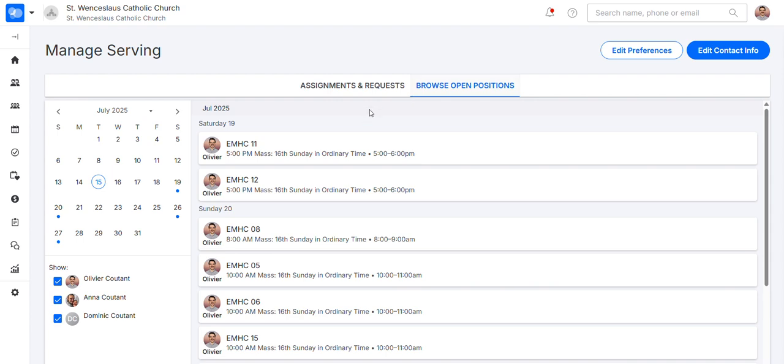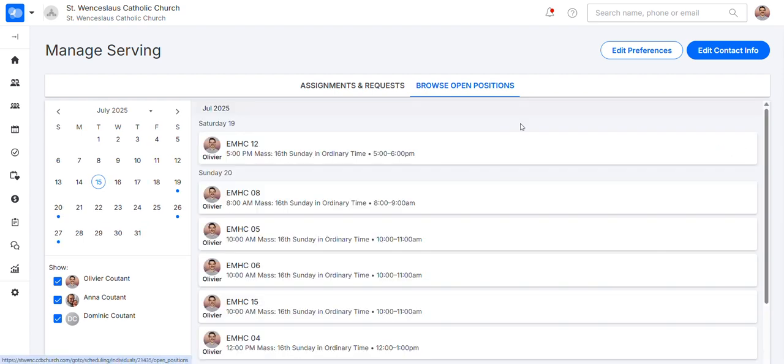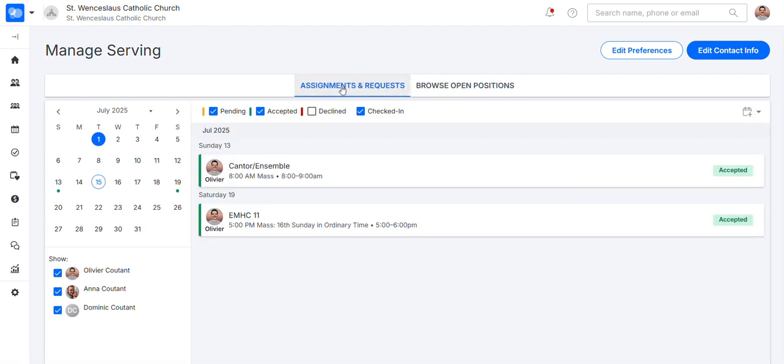And then if I go to the Browse Open Positions tab, that's exactly what it says. It's all the open positions that are available. And say for Saturday the 19th, say I wanted to take this spot right here, 5 o'clock mass, EMHC 11. Over here is the take button. So I would click that, and now it disappears off the open position list, and under assignments and requests, boom,